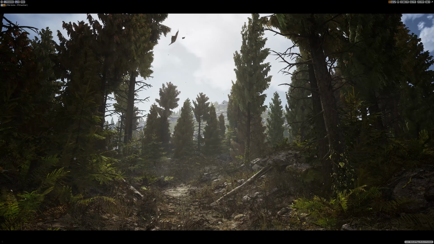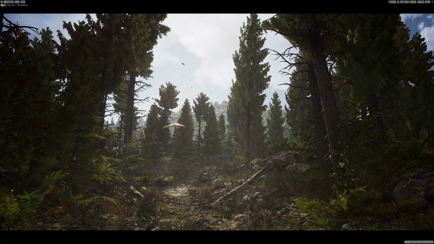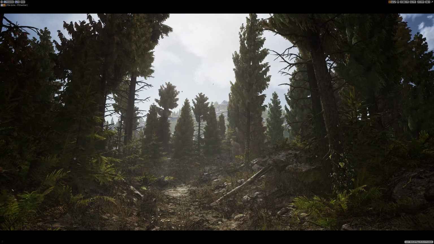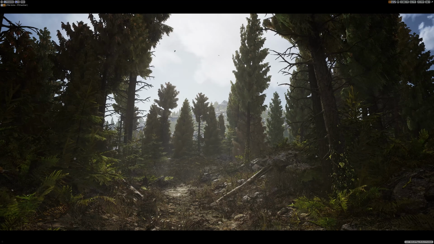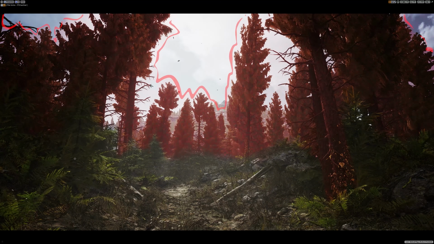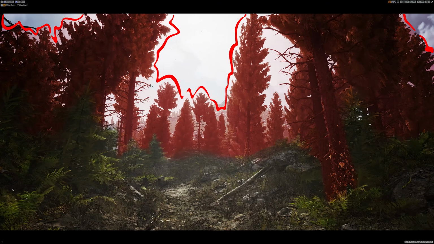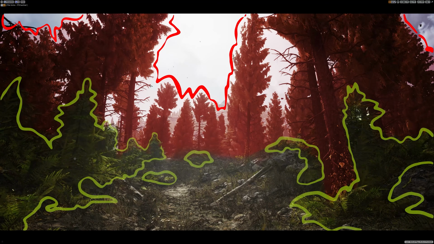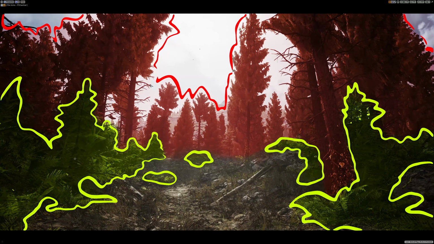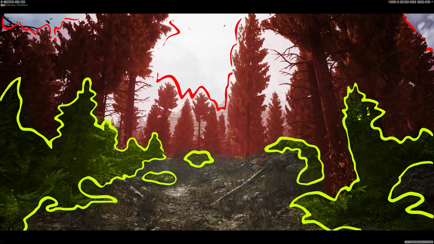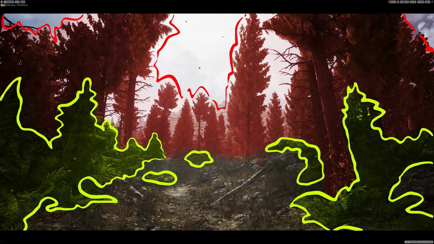I usually like to think of foliage in multiple layers. Arguably the most important or impactful layer consists of our big shapes, so trees and anything else large enough to act as visual blockers and silhouette components. The next level would be larger plants such as tall grass, bushes and ferns along with larger scatter assemblies.